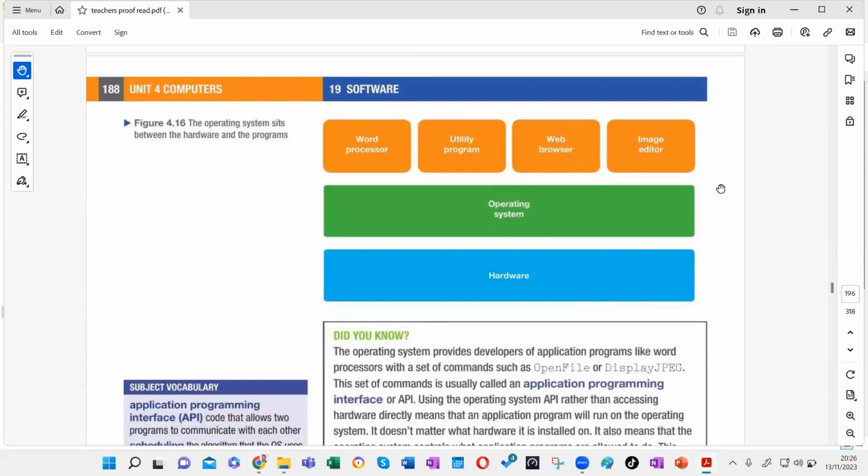Okay, so this is the overall picture. You have the operating system, underneath you have the hardware, and on top you have application software. You have utilities, web browser, image editor, word processor, they are all applications. Utility is a system software,